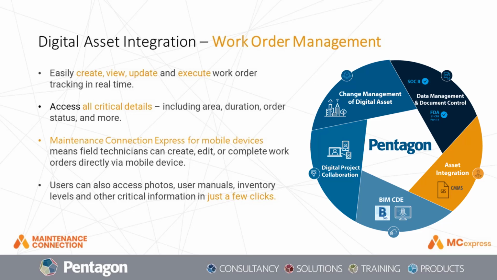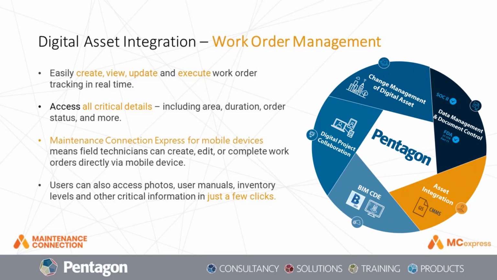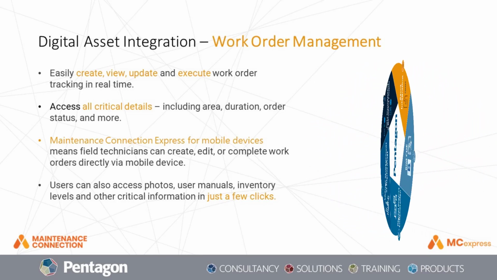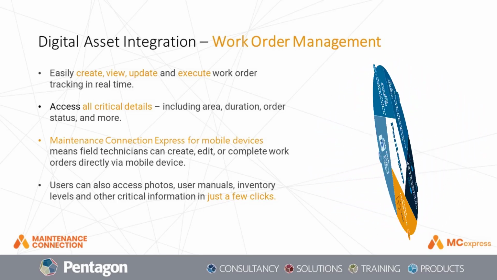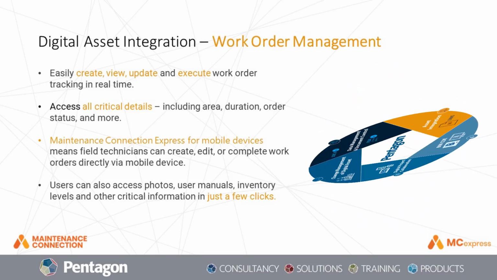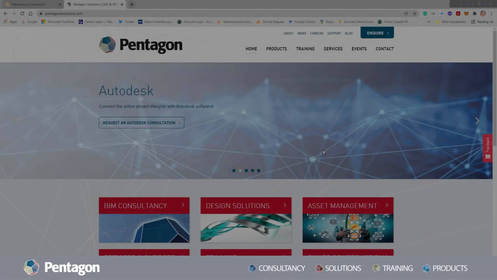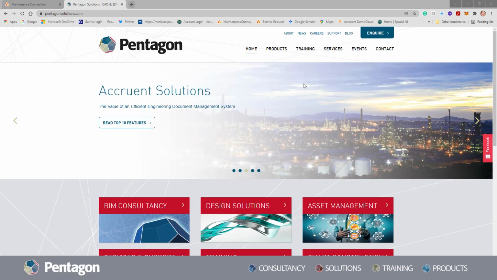For those of you who aren't aware, Maintenance Connection is a computerized maintenance management system, CMMS, and is an enterprise asset management system. It's for multi-sites or single sites. It can be used in multiple industries, such as buildings, mechanical, plant, infrastructure, and for utility assets. It can be in the cloud, it can be on-premise, and it integrates with document management systems such as Accruence Meridian. So, the very first thing I'm going to do is start a service request.